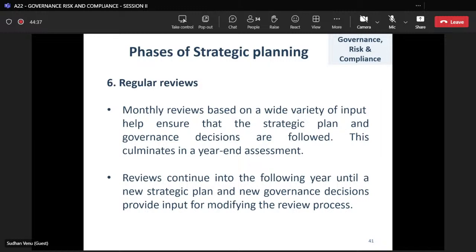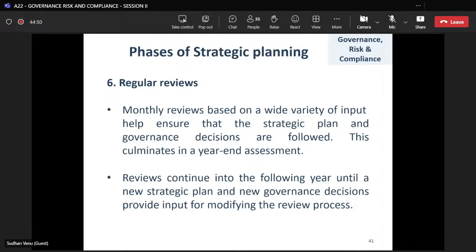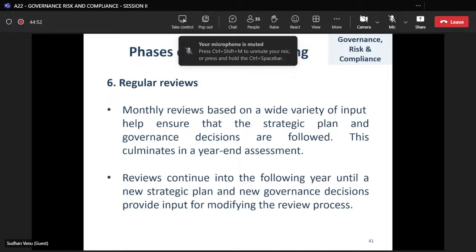So until they provide the next direction, you have to maintain and follow the current process in terms of strategic planning. So that's all about the phases of strategic planning. And next we are going to see